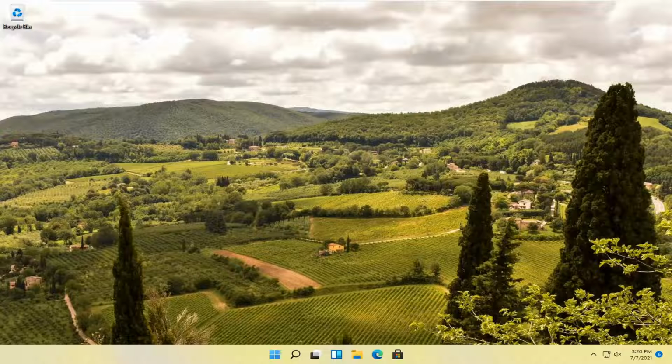In today's tutorial, I'm going to show you guys how to make the calendar app appear on your lock screen on Windows 11. So this should be a pretty straightforward process, guys, and without further ado, let's go ahead and jump straight into it. So all you have to do is right click on your Windows Start button and you